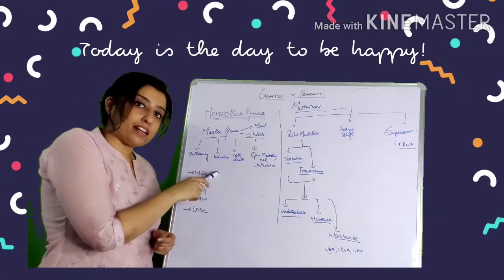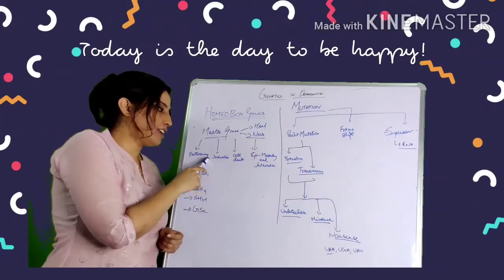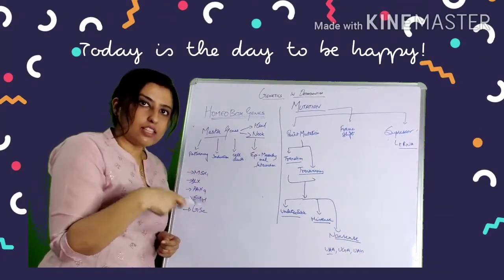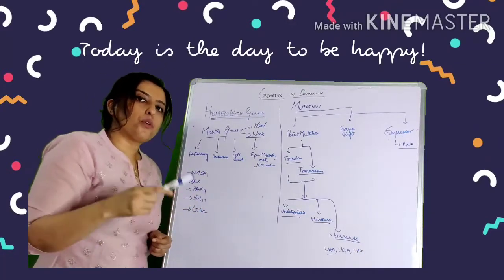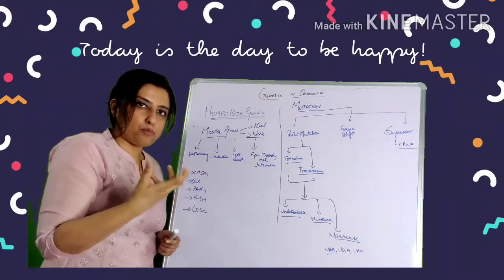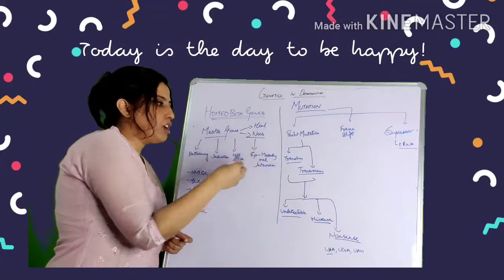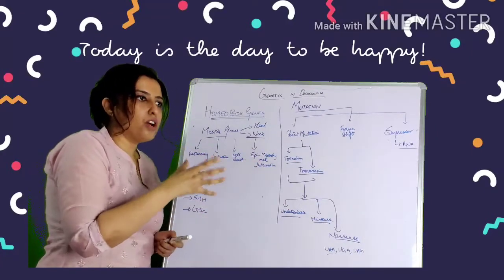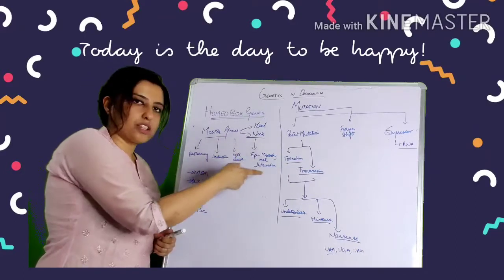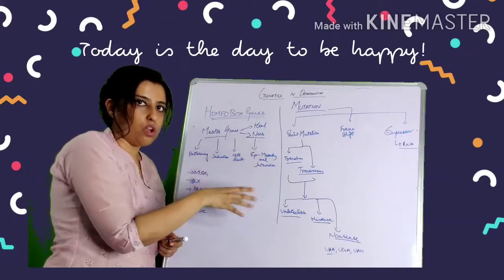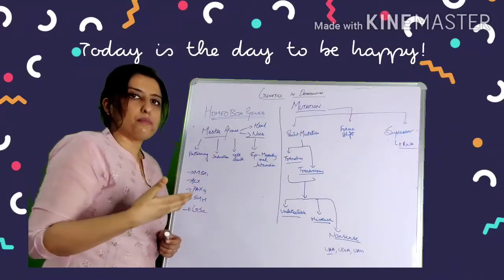Their functions are patterning, that means where eyes have to form, where nose has to form, that they decide. Induction, they start the development, initiate the development. They also carry out programmed cell death. So where you need apoptosis, that's where these genes come into picture. And then they also carry out, because these have both epithelial and mesenchymal origins, that's why they have those interactions also. By doing all this, they help in the development of face and neck.